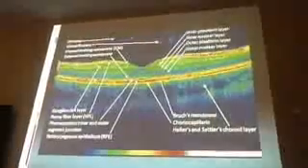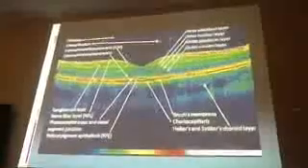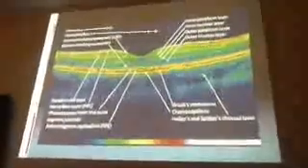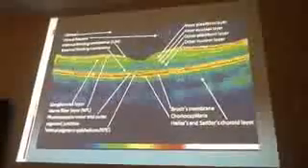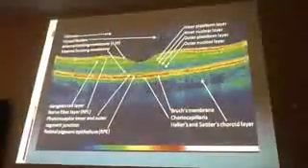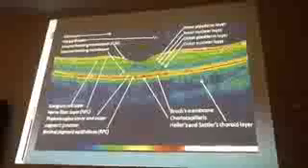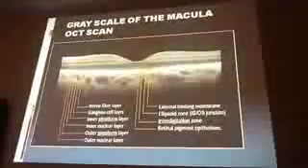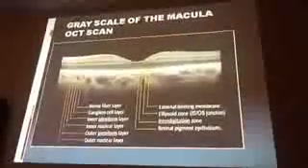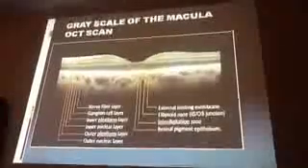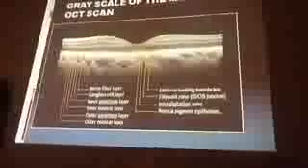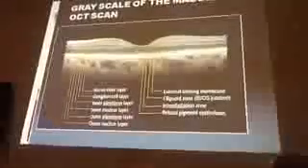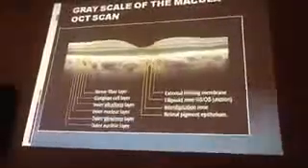So that's the picture again for us to put it together. You see red, highly reflective, intermediate reflectivity, and so on. Are we together? Okay. So this is the grayscale. I told you the presentation is in color scale and grayscale. So you can have a picture like this. This is the grayscale of the macula. You still have the retinal anatomy well outlined: the retinal nerve fiber layer, the ganglion cell layer, the inner plexiform layer, and so on and so forth. So it just goes on like that.